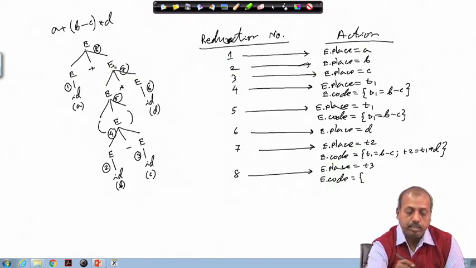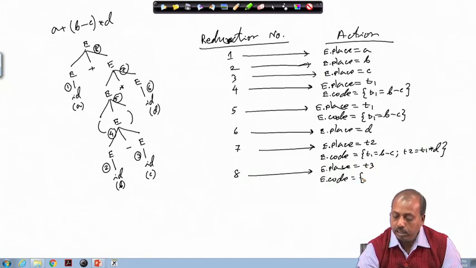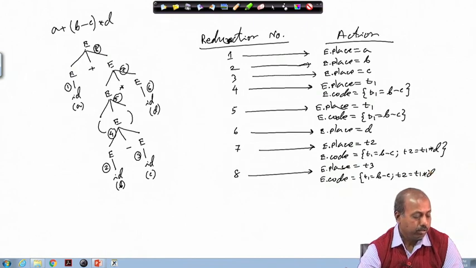E2 dot code, that is 7's code, is T1 equal to B minus C, T2 equal to T1 into D, and with that we will add another code which is this addition E1 dot place plus E2 dot place.